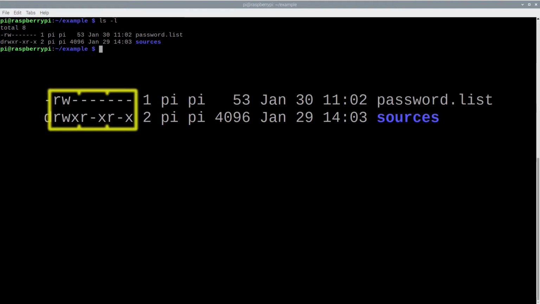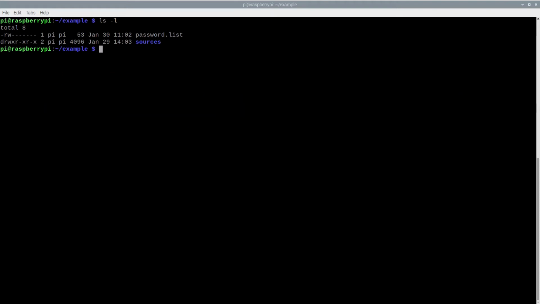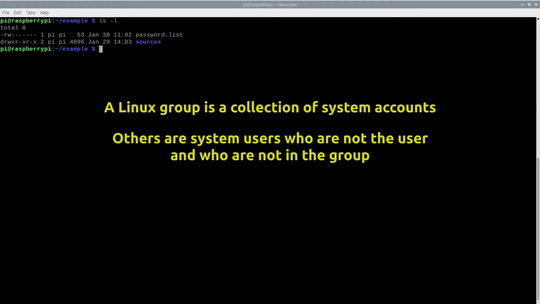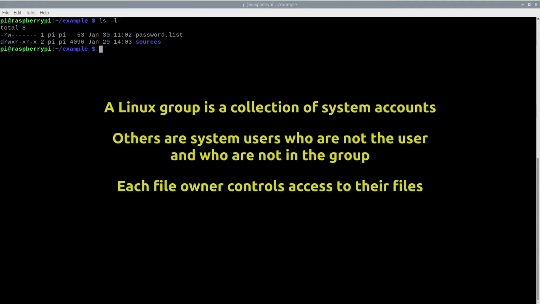The 9 permission characters in the permission string are logically tied in threes. The first 3 permission characters apply to user, otherwise known as owner of the file. Characters 4 through 6 apply to the group user belongs to, while characters 7 through 9 apply to everyone else, collectively referred to as others. In the context of file system permissions, groups are collections of system accounts which can share files with each other by controlling permissions on them, while others refer to everyone else. Such three-tier breakdown allows file owners to control access to their files for themselves and the other 2 communities separately.